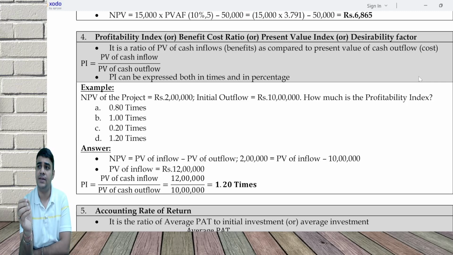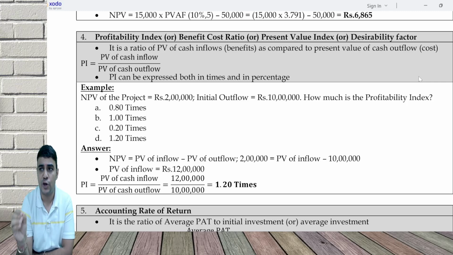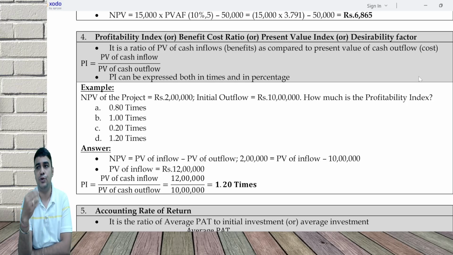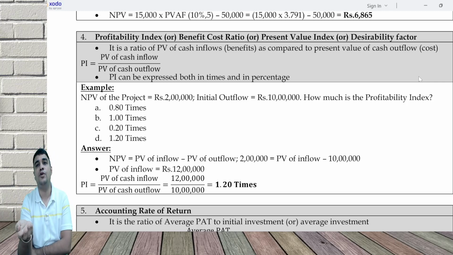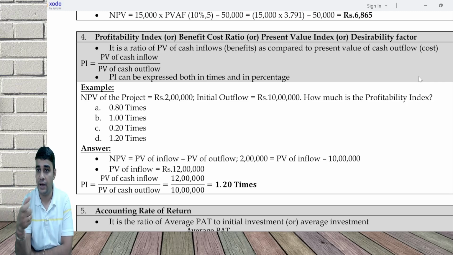What is average? If you invest 20 lakh rupees on a project, first year you get back something. Second year you get back something. Third year you get back something. Fourth year you get back something. Fifth year you get back something. So you cannot say at any point of time 20 lakh is stuck. So instead of doing every year investment calculation, for example, 20 lakh,